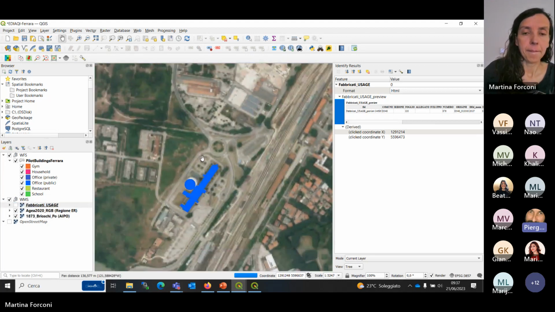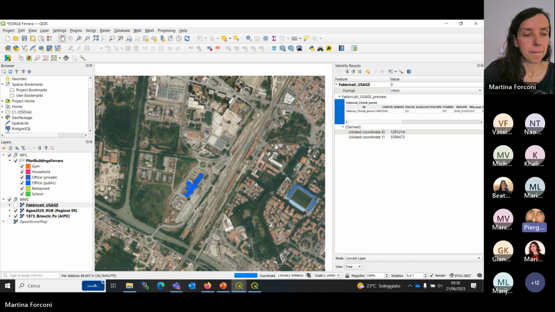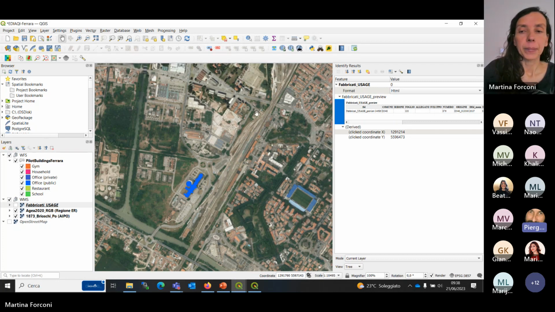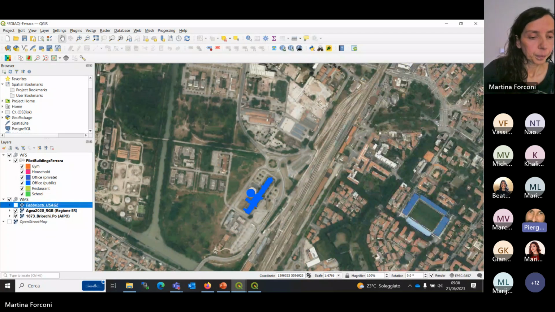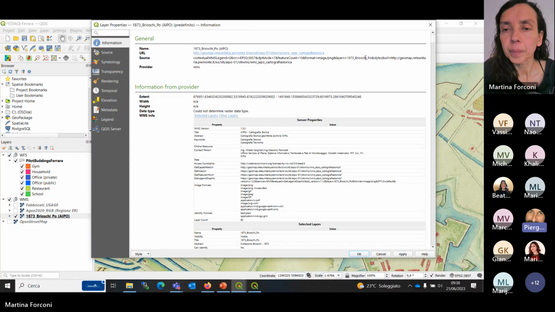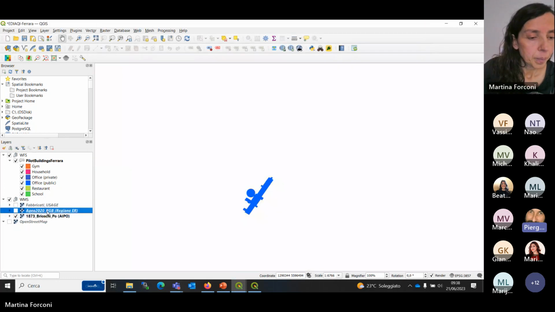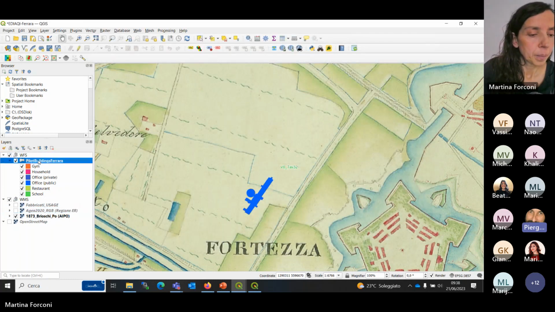The OpenStreetMap background is coming from APIs published by OpenStreetMap. The historical map is coming from a server that is, I think, somewhere in the Piemonte region, managed by the Regione Piemonte, the regional authority of Piemonte, while the ortho image above is provided by the Regione Emilia-Romagna, and the layer called Fabbricati usage is provided by the municipality of Ferrara.